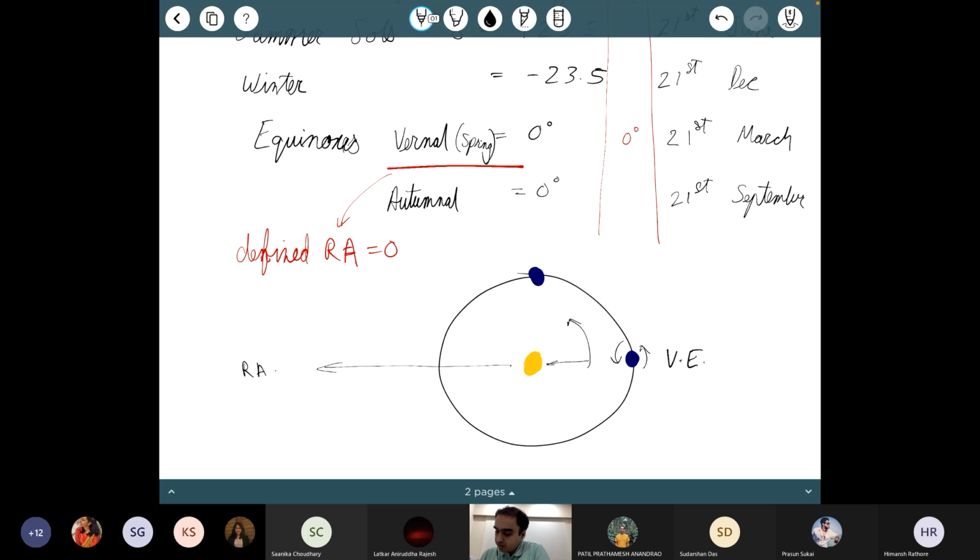is RA equal to 0, which means that this direction down here is RA equal to 90. This direction up here is RA equal to 270. So 3 months later the Earth will have moved here. Position of the sun, so maybe I should not draw this arrow here. I will move the arrow here, because as seen from the Earth, the sun is now in this direction